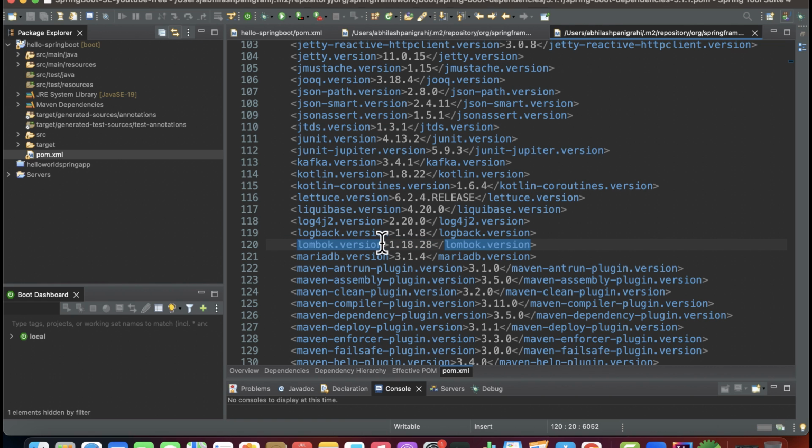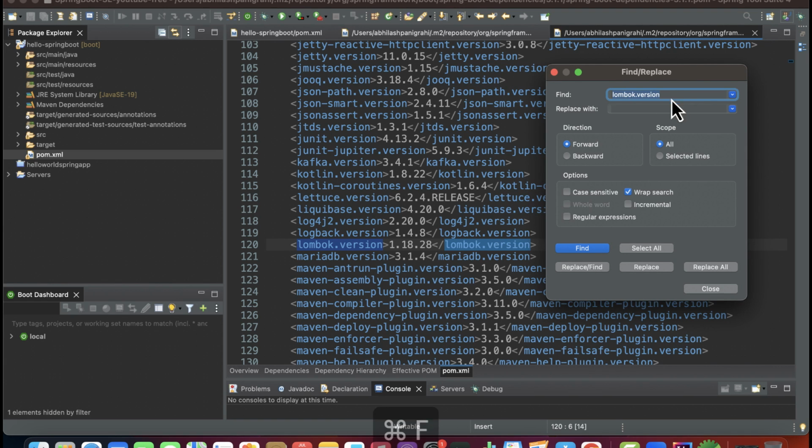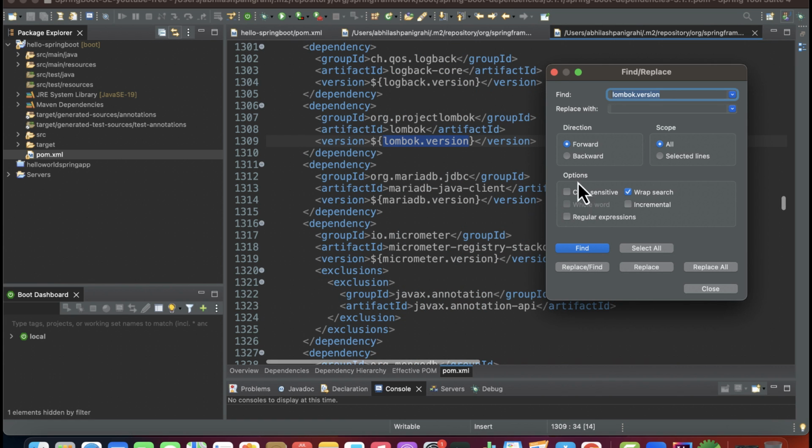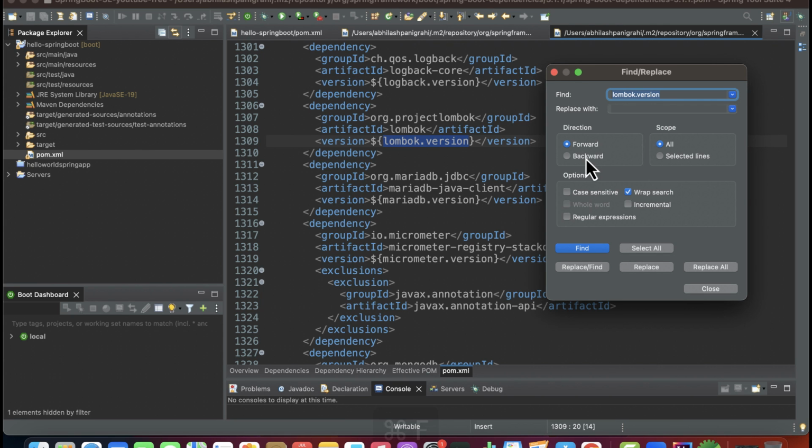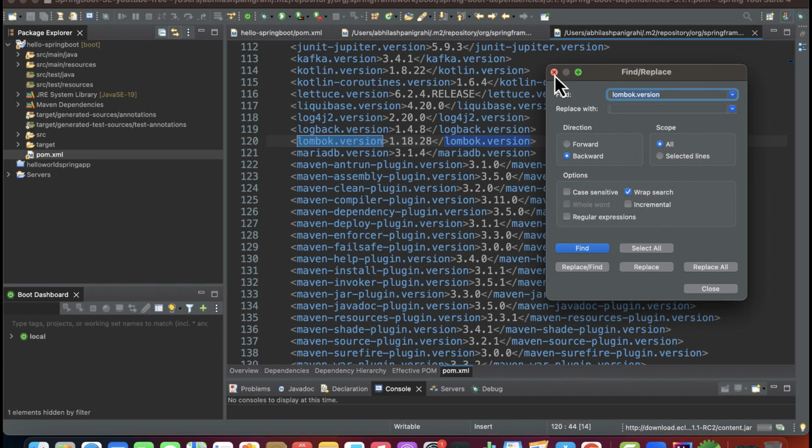Now let me just see one thing. I will just copy this Lombok version and let's see where it is getting used. I'll just do a Control C and Control F and Control V here. Obviously it's pasted. Let's just see where this Lombok version is getting used. Do a find. Okay, and here you can see it is getting used over here. Dependency of Lombok, and the version is getting inherited right now from the properties that you have seen. Do a Control F again, go backward and do a find, and this is the Lombok version